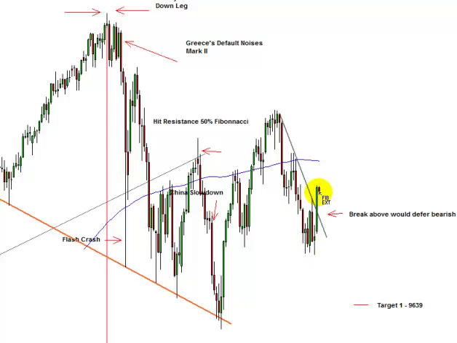last night. Very powerful move, but in order to assess this and look at the alternatives, we have to gauge what this leg is, and these are effectively an ABC correction down at this point. So in other words, this is correcting this move down here, which is also an ABC. So a little bit of uncertainty about the alternatives is current, but what we do have to do is try